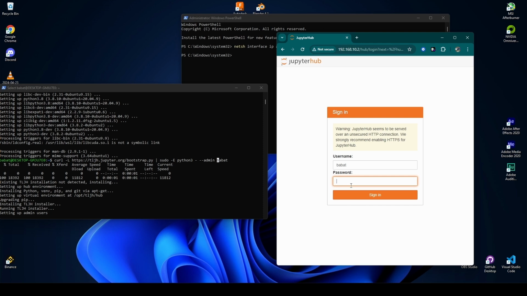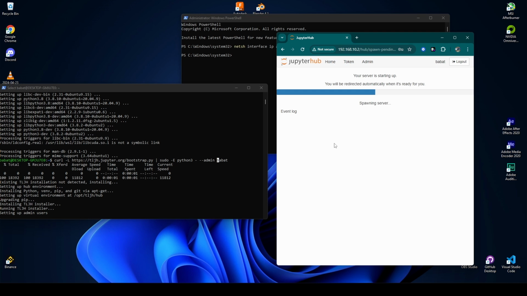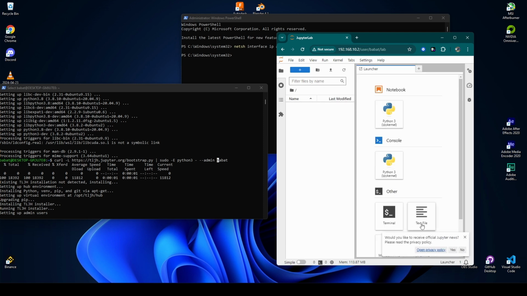This password is the initial password, so it will be saved to JupyterHub. It must be at least 7 characters. Now JupyterHub is powering up the server, and the server is ready. Now we have successfully installed JupyterHub on the Windows Subsystem for Linux.